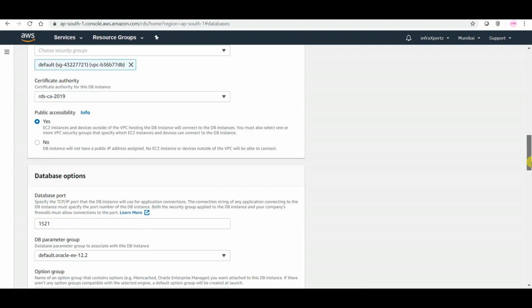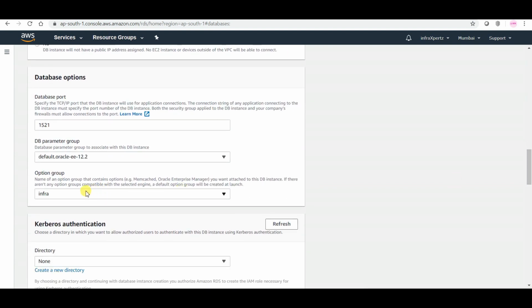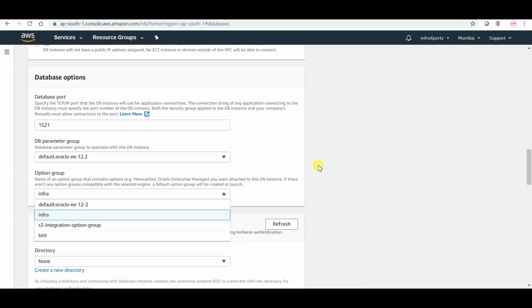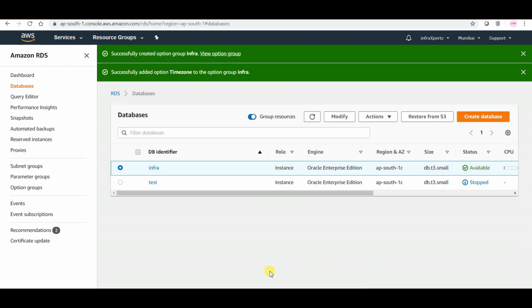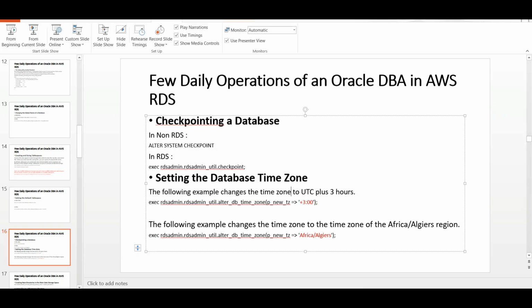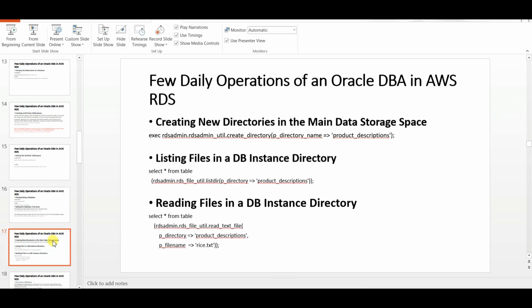And from the database options, you need to click on the option group to modify the same. So that is about adding option groups and integrating it with your database to change the time zone.